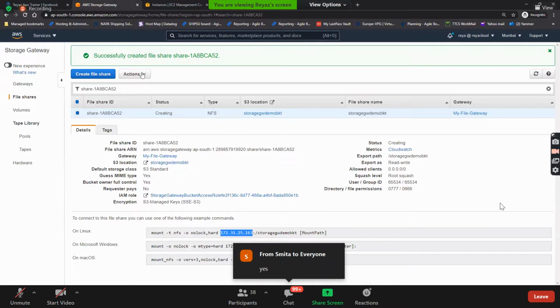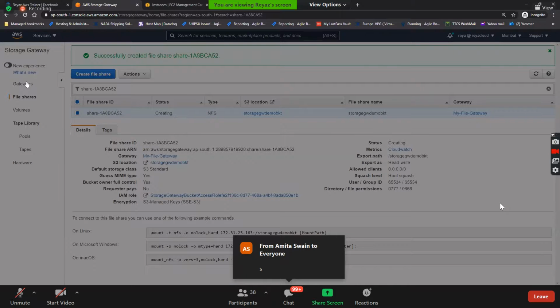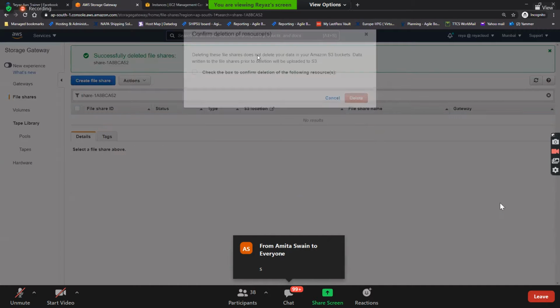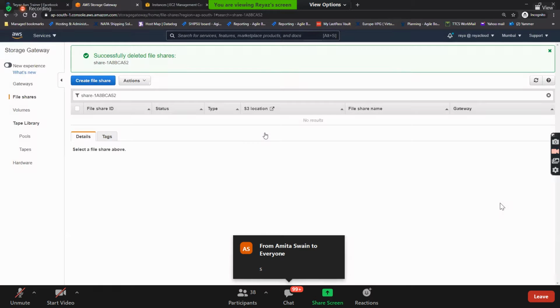Nice. So here, delete file share, confirm. Gateways, delete the gateway. You can stop, you can edit, you can do whatever, that's a normal thing.